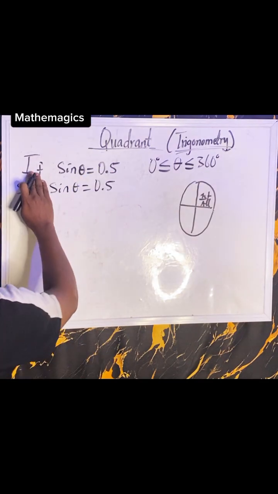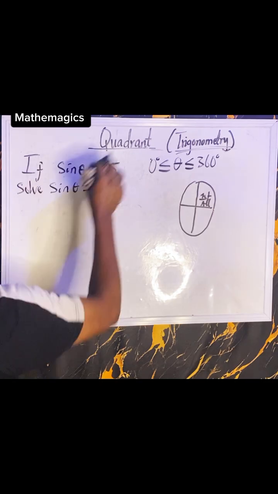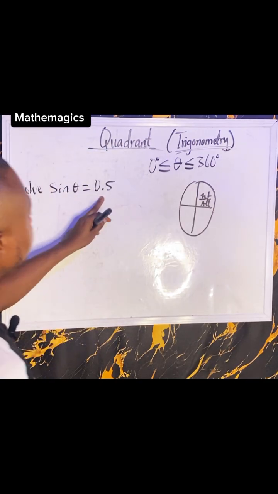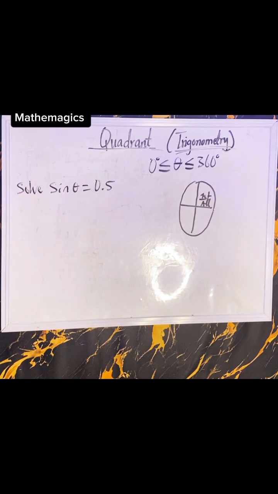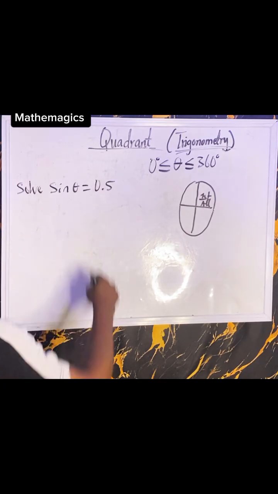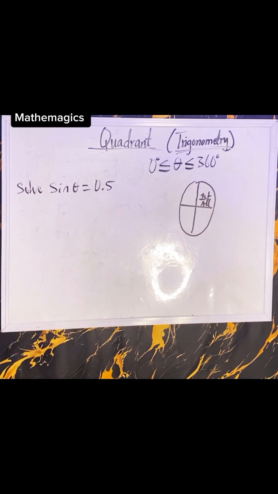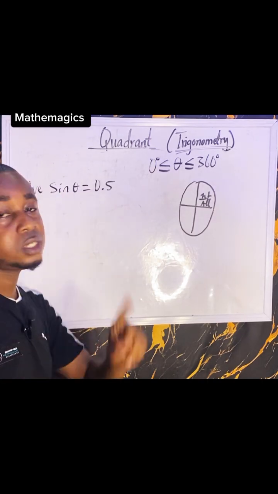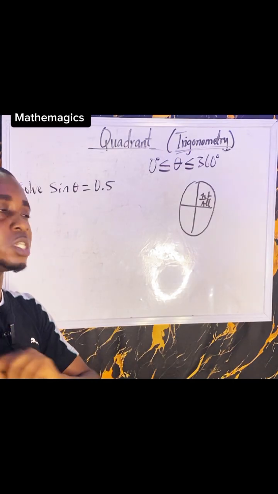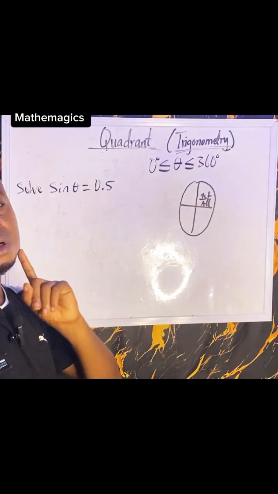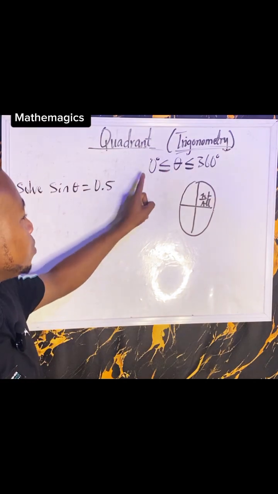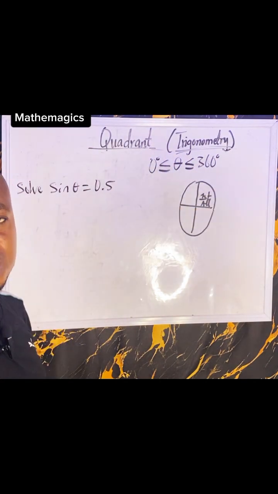So let me quickly erase this one. I think we're okay with this question. So what we quickly do is we want to obtain the angle that this sine theta gives us as 0.5. Remember, we have to get the sine inverse of 0.5. That is just what we need. But it also goes beyond that, because in most cases, or will I say in all cases, we tend to get the first quadrant. So because this ranges from 0 down to 360, we also need to get